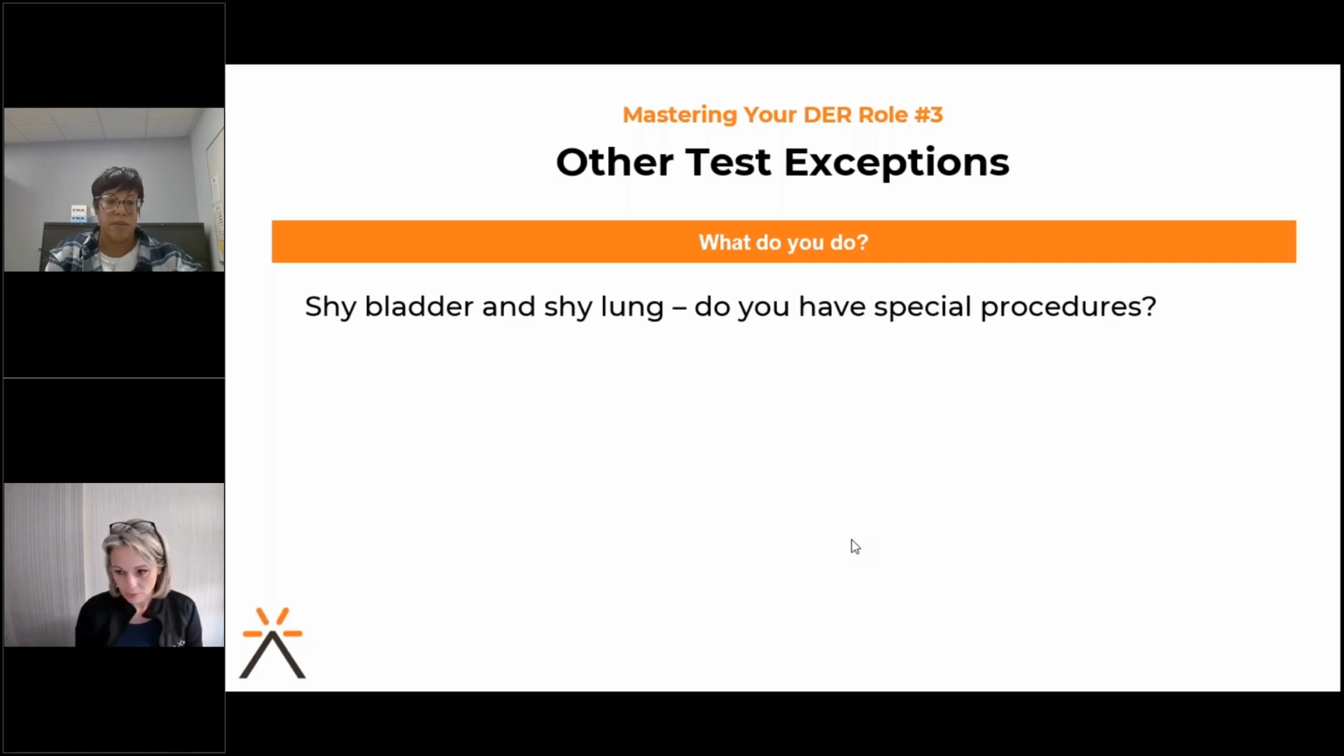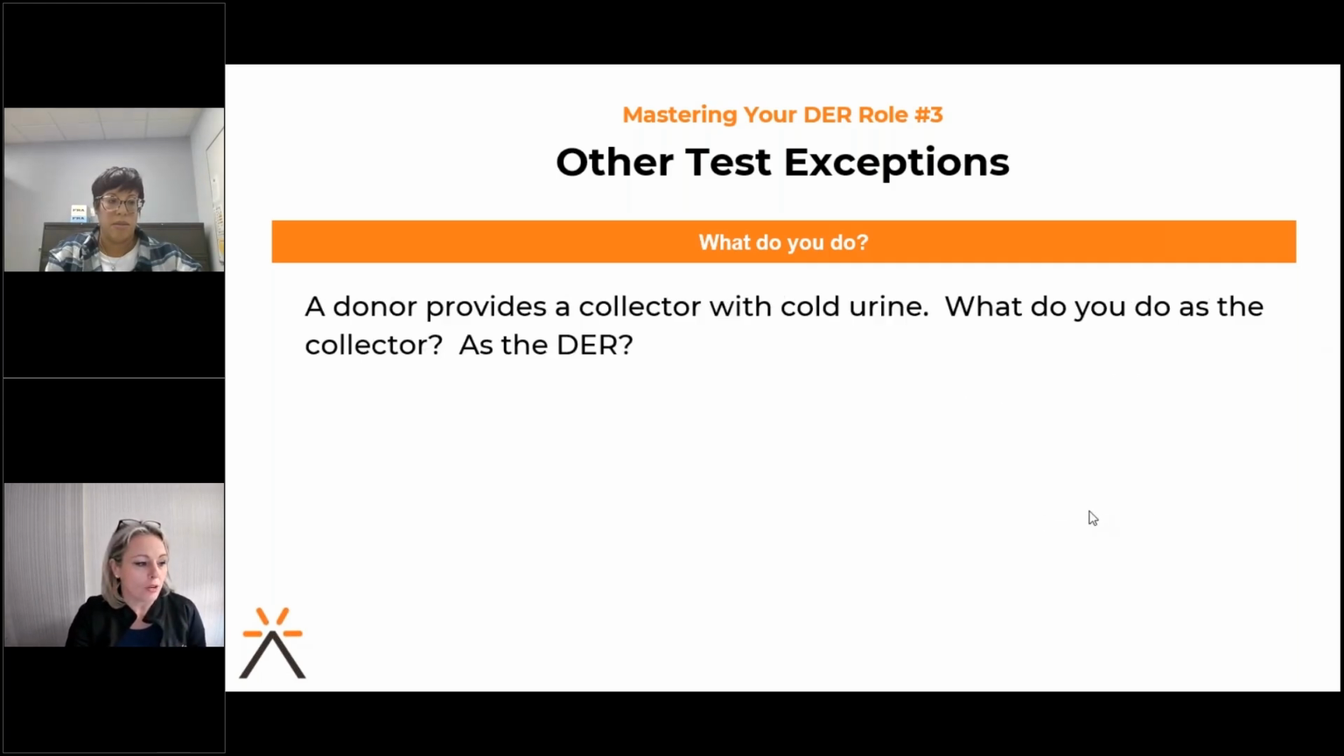That once you start doing those types of things, it really does make a huge impact on your program. And Holly, can I add, like Ashley said, you may not have many, but document your shy bladders. Keep a spreadsheet or something, whether it was a viable reason for shy bladder, shy lung, or not, anything,